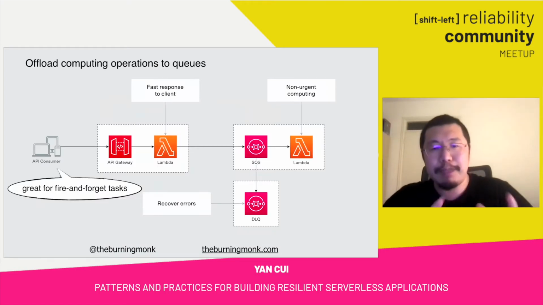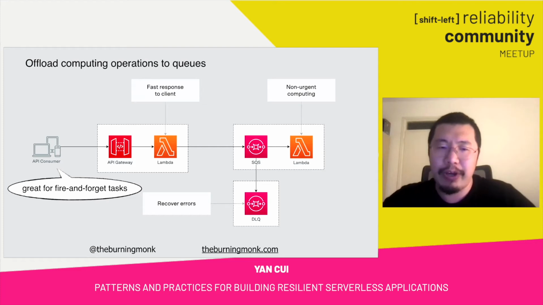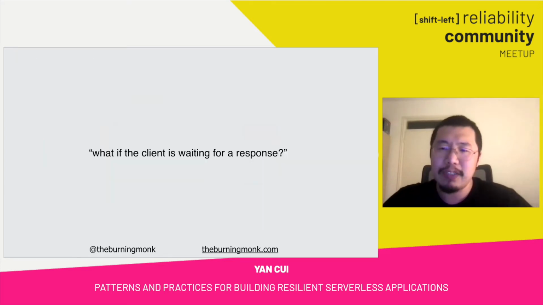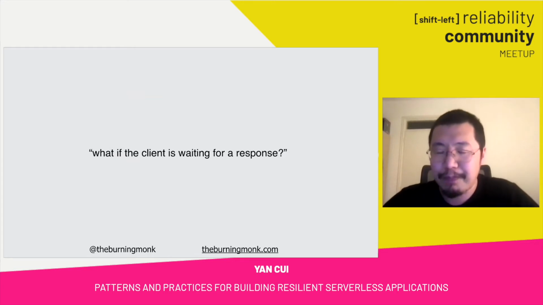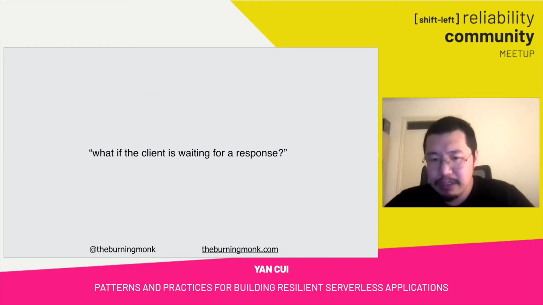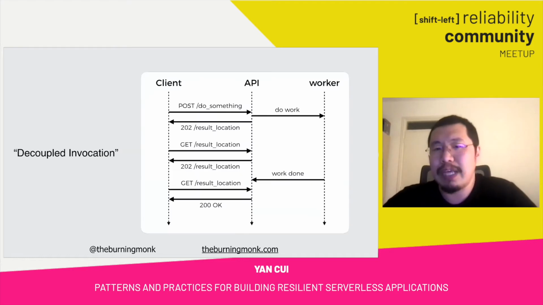So this pattern for offloading intensive work to some queue and then a Lambda function is great for fire and forget, where the user is going to call our API, but it doesn't have to do anything with the response, and you can just go ahead and do something else. So all it needs is some kind of acknowledgement that the task has been received, and maybe some endpoint to poll for the task response. So that's where we need to have some way to respond to the caller that, hey, the task is finished. There's, of course, WebSocket, but a very common way to do this without WebSocket